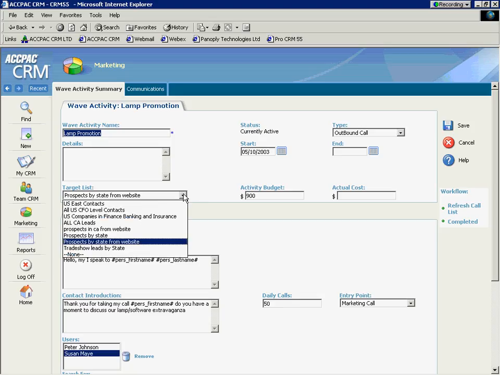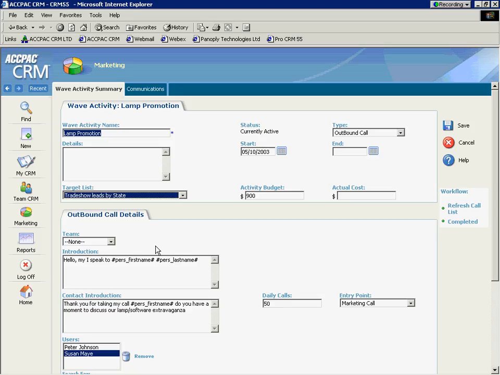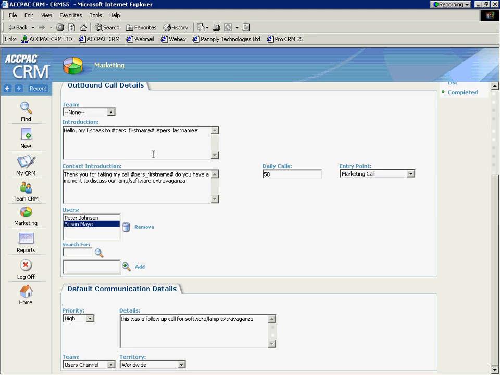Okay? So what I need to do is find that trade show leads by state list that we just created and attach it to this activity. I assign the starting and ending date, a budget and cost. We haven't made any calls yet, so we don't have a cost. And then we start